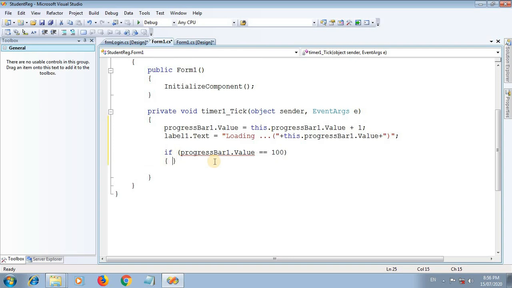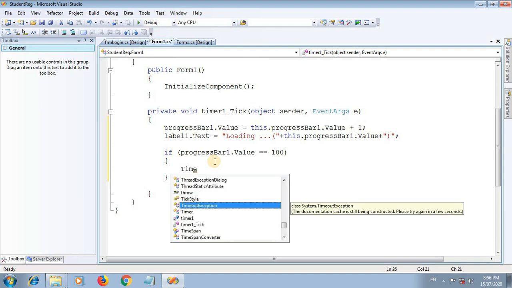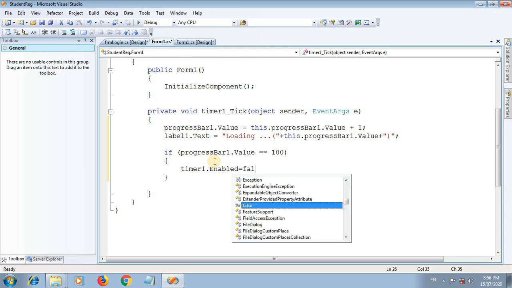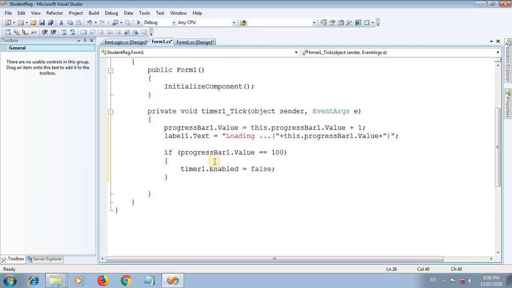open the other form. So how can we open another form in C#.NET? First our timer: timer 1 dot enabled is equal to false. Okay, so timer stop. First we need to stop the timer.